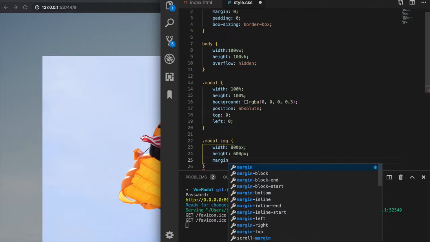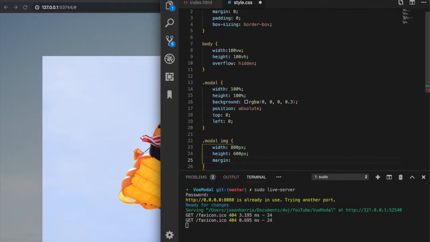So I'm going to give it a margin of 10% top and bottom, and then right, I want to go ahead and give it 20%. And then